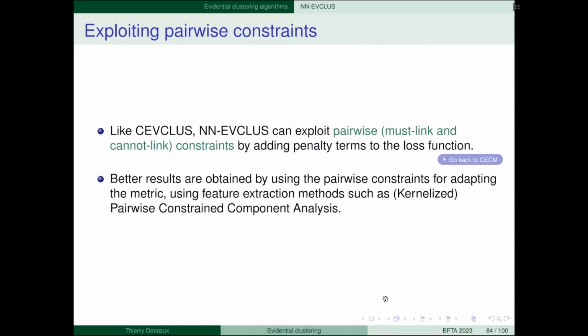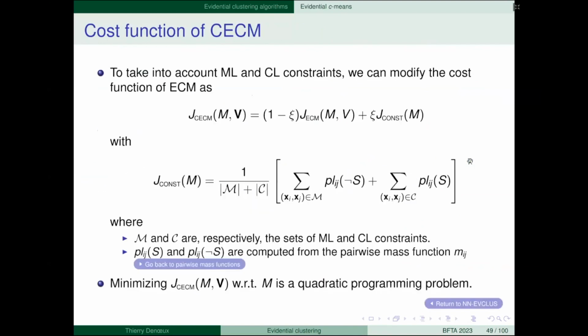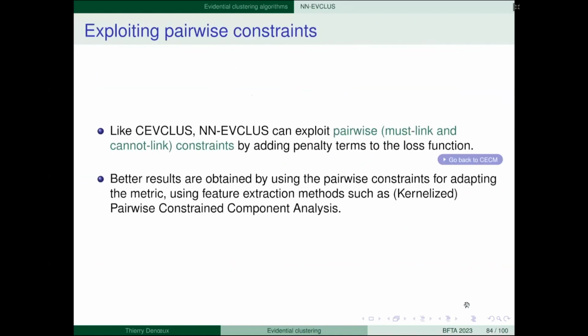Okay, we can also easily exploit pairwise constraints, using must-link or cannot-link constraints, using the same trick as we used with ECM, by adding these terms in the loss function. And here there is some issue.